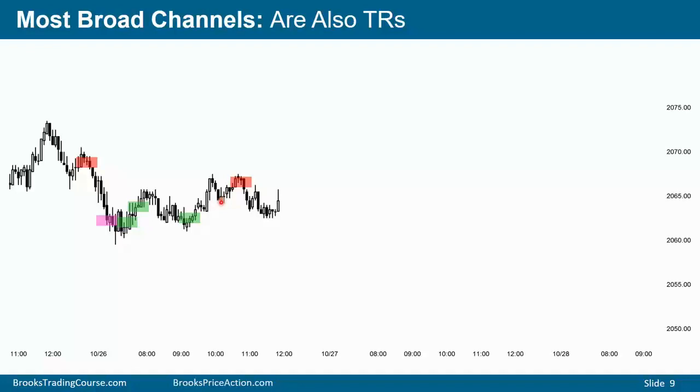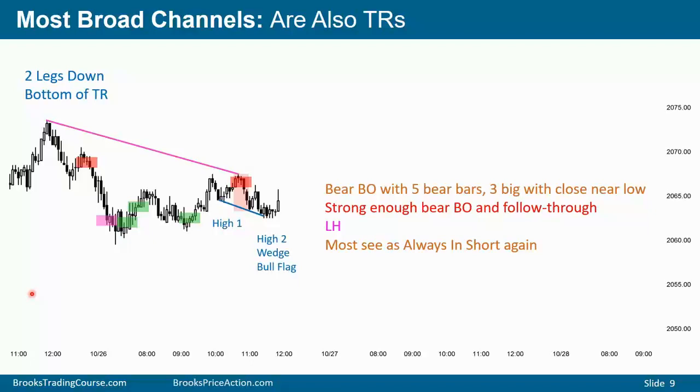A wedge higher low, 3 reversals up, 1, 2, 3. Testing the bottom of the bull breakout here, the double bottom bull flag, higher low. Reasonable buy, the bulls might get a swing up. Wedge bull flag. You can also call it a high 1, high 2, high 1, and then the second leg down subdivides into 2 smaller legs. Doesn't matter, but it looks like a pullback from this breakout.